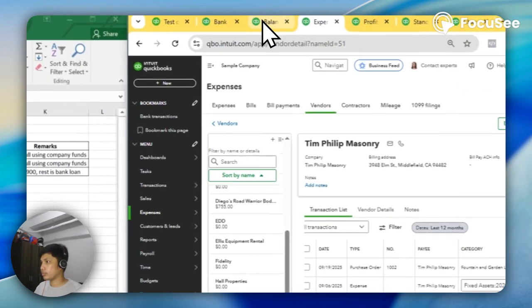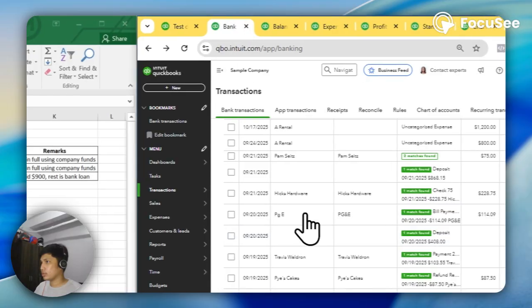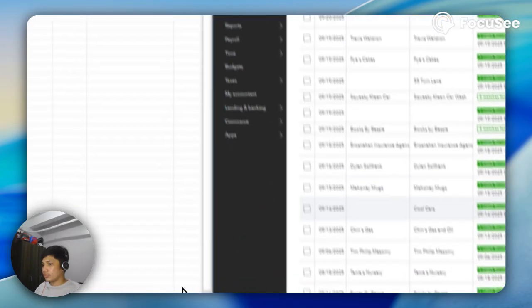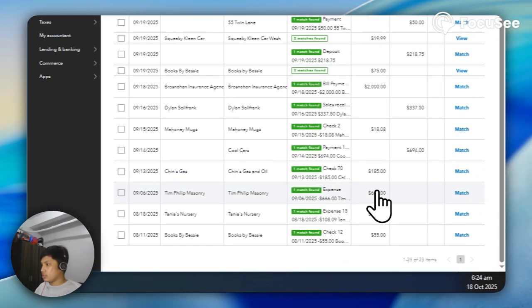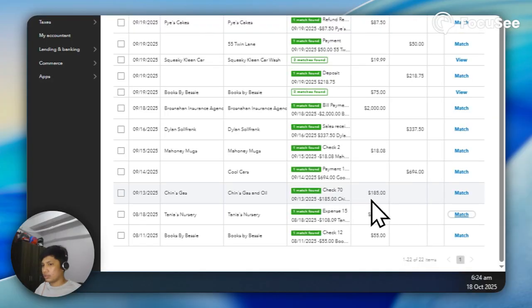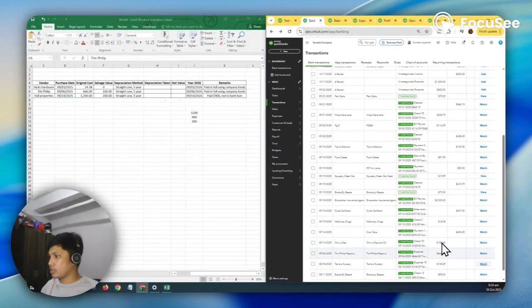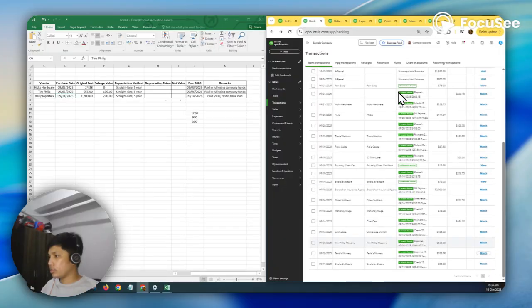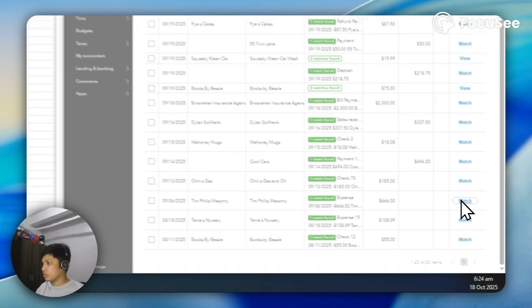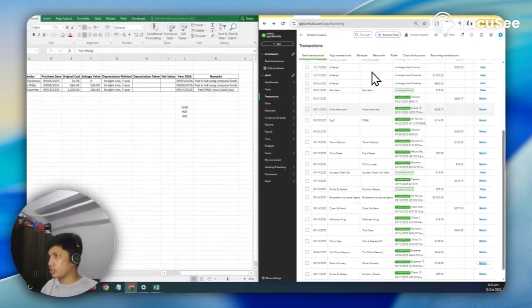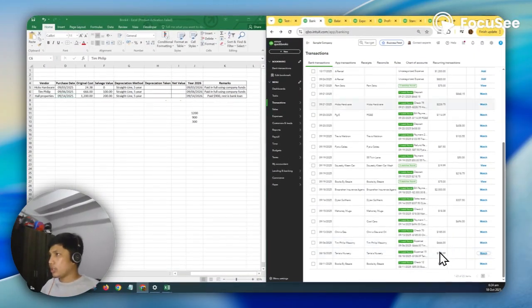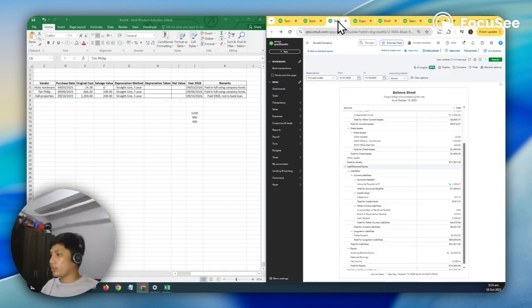I think this is not working. Matching 666, even though it already says it was matched. Transaction match. Okay, I'm going to move forward.